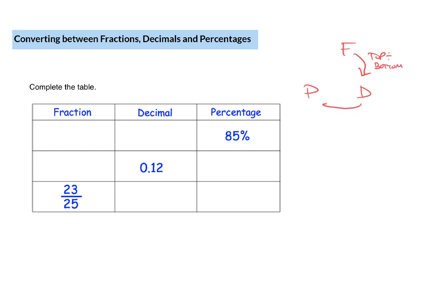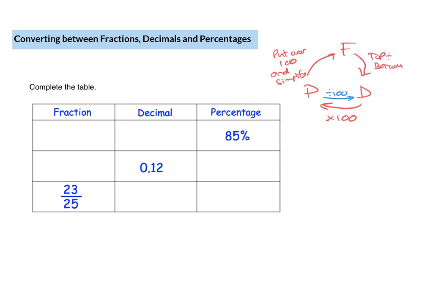From decimals to percentages, we take our decimal and we multiply by 100. And to do percentages to fractions, we put our percentage over 100, and then we simplify if we can. Only one of these is actually reversible, and that is going from percentage to decimal, in which case we just divide by 100. That makes decimals the most powerful form of these three types of number, and we'll see that in the next